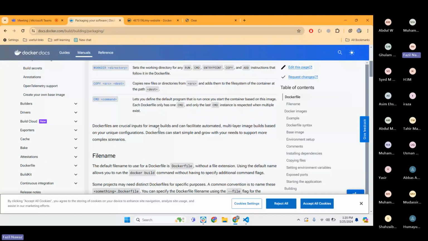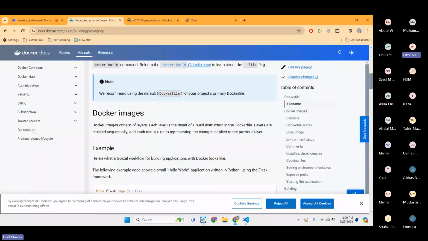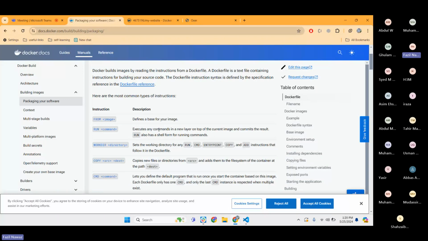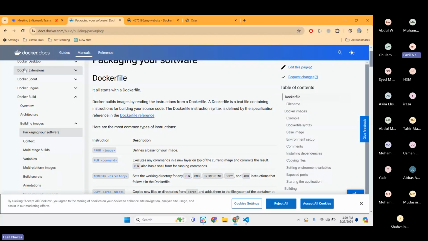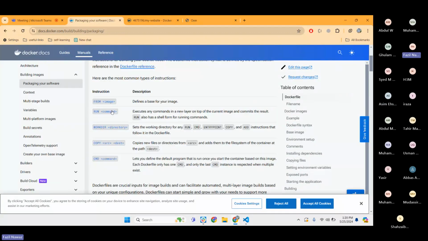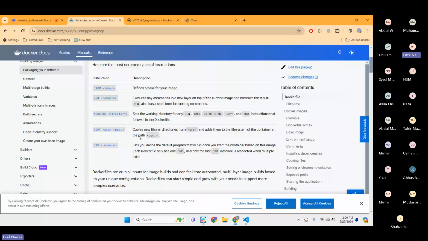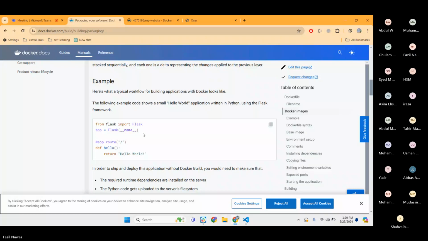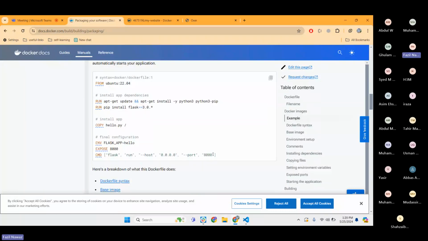So, any questions? And if someone wants to practice Dockerfile and instructions, just go to docker.io, docker docs, and refer to packaging your software. It will provide some basic instructions like run, working directory, copy, and also some simple examples. So you can just copy these instructions and